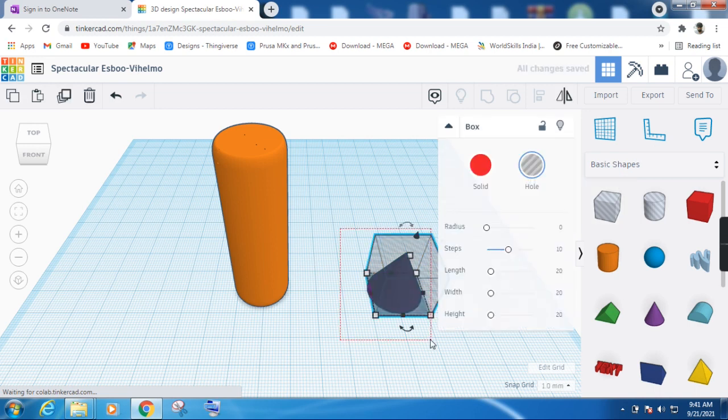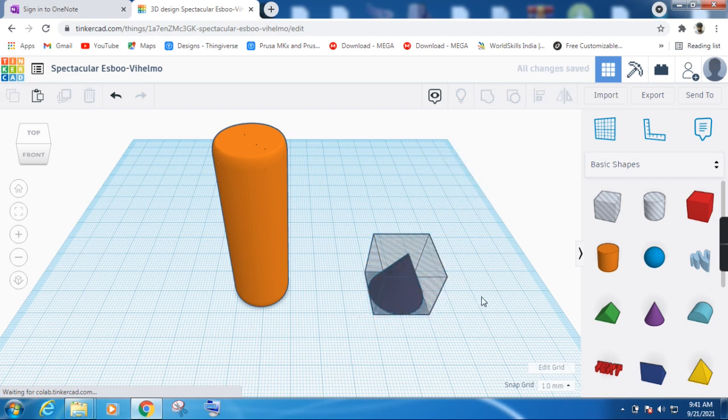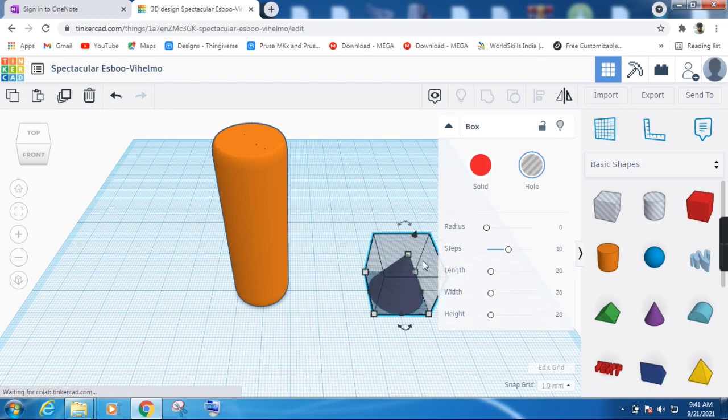And what you do, select all by holding your left mouse button, then click align. You see this align option, and after that you have to press this front middle black spot, the left middle black spot. Now click outside, then click on the cone, not cone, sorry, on the cube, the box, and bring it up a little, like 5 or 7 mm up.